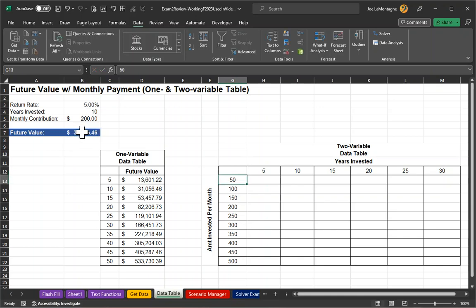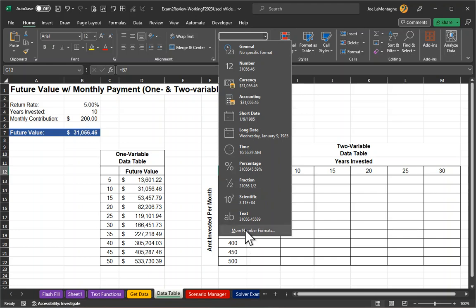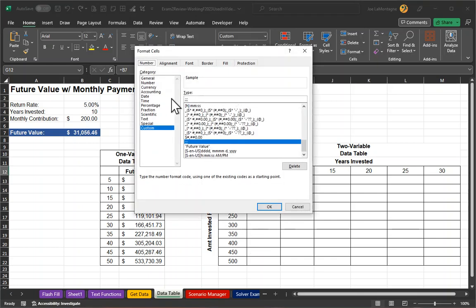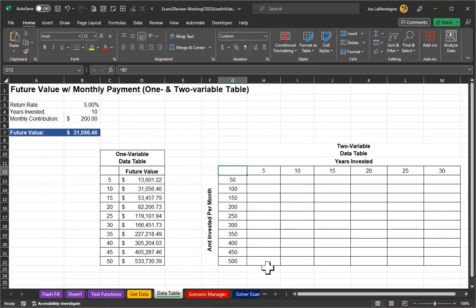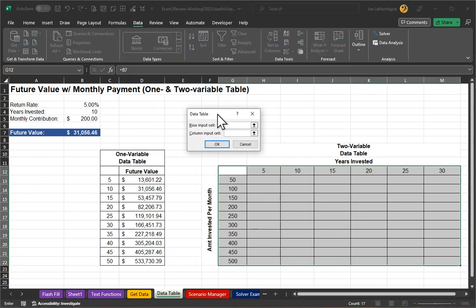We hit enter. I've already made it blank by going to Home, Custom, and doing more, and then doing my type with the three semicolons. So now to complete, we have our input, which are the row and the column, and we know what our output is. We put that in G12. So now we're going to highlight those cells. We go to Data, What If Analysis, and we'll go to Data Table. And now we're going to have to fill in each